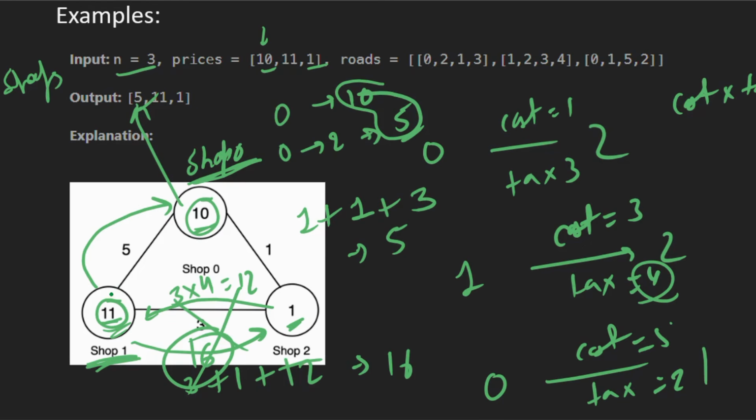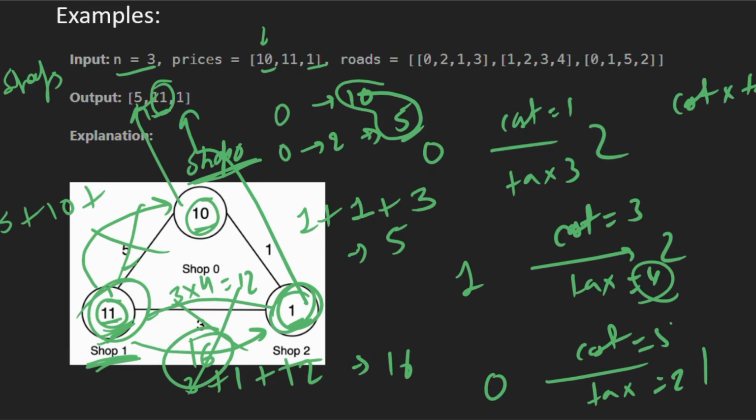Then we could have gone to shop number 0 and then bought it. If we take this path, for going the cost is 5, and buying an apple is 15. So already 15 is greater than 11, so we also don't take this path. We directly buy over here only. So at shop number 1, the minimum cost is 11, and for shop number 2, the minimum cost is 1. So this way we solve this example.